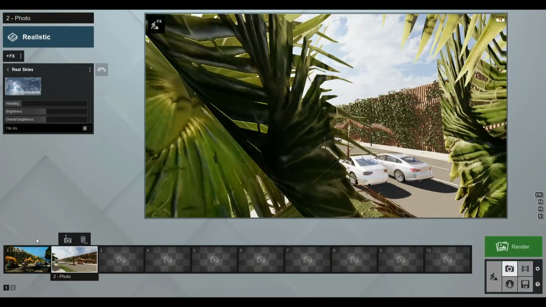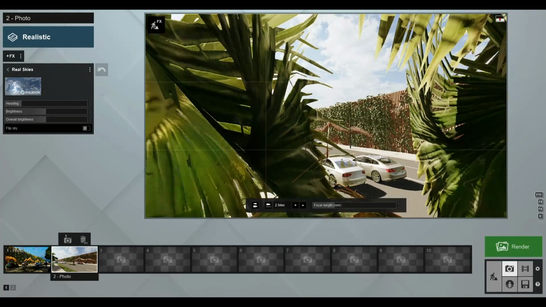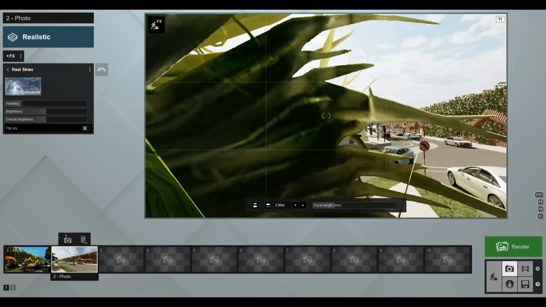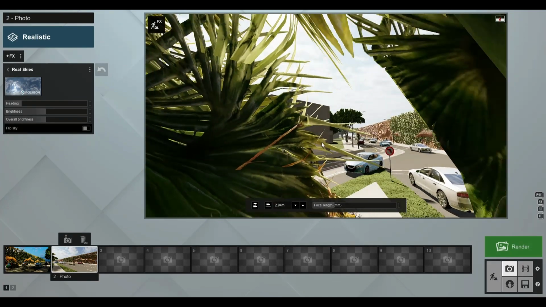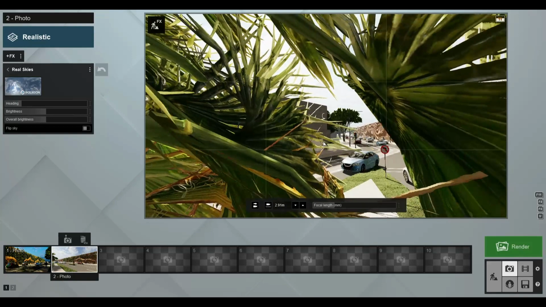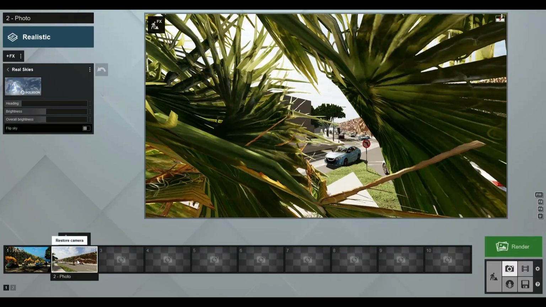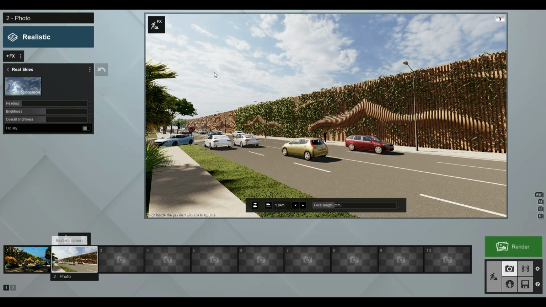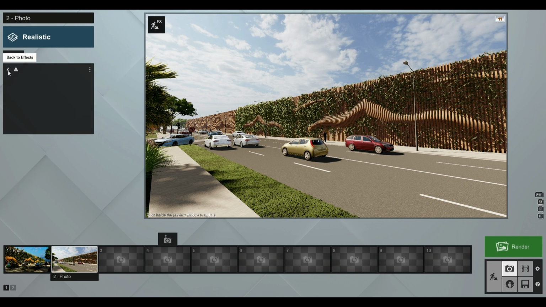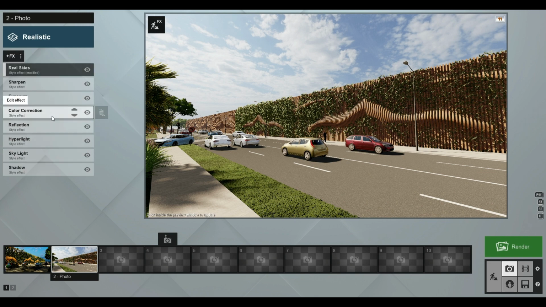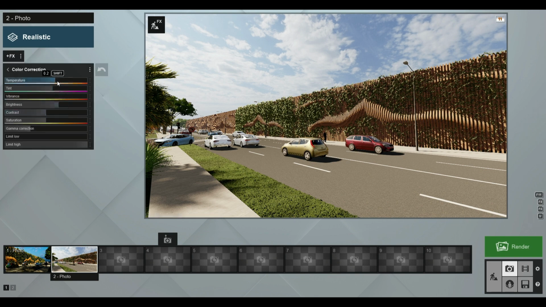So yeah, you can click here to go back to the photograph which we took, and after adjusting these things like temperature and all,